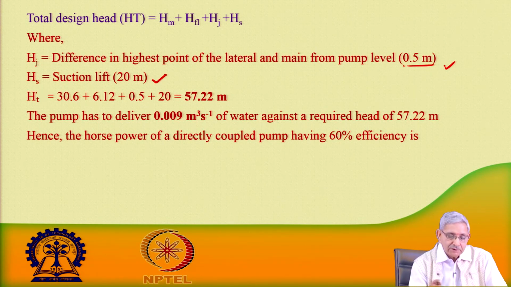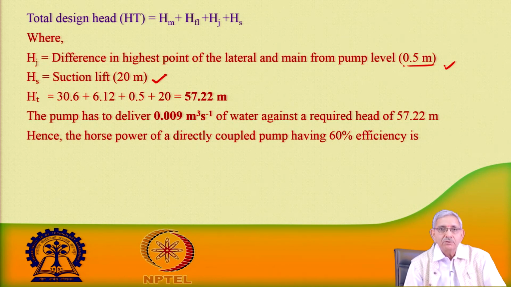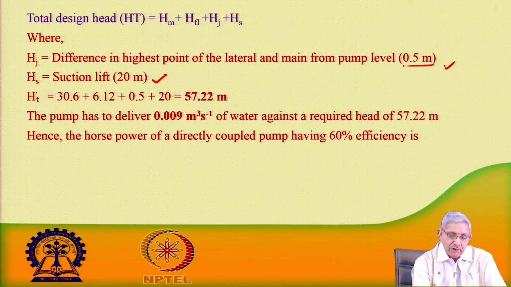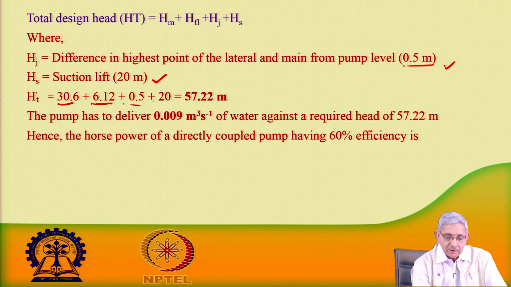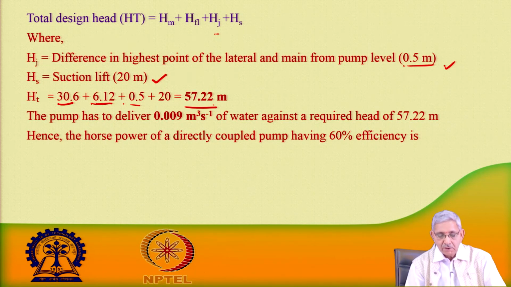We have also been given a suction lift of 20 meter. So we are now substituting the values. We have already got the head required at the main to operate the lateral as 30.6, the head loss due to friction of the main pipeline as 6.12 meter, 0.5 meter is Hj and Hs is 20. So the total head is